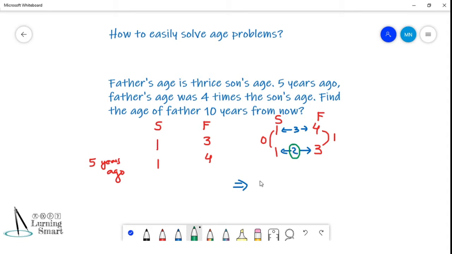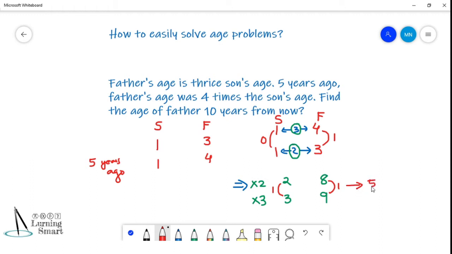So let's do it. Multiplying by 2, we get 2, 8. 2 multiplied by 1, 2 multiplied by 4, that's 8. Similarly, multiply 3 to this ratio, 1:3. When you multiply it by 3, you get 3 times 1 is 3, 3 times 3 is 9. Now again check. Here the difference is 1. Again the difference is 1. So the difference became same.